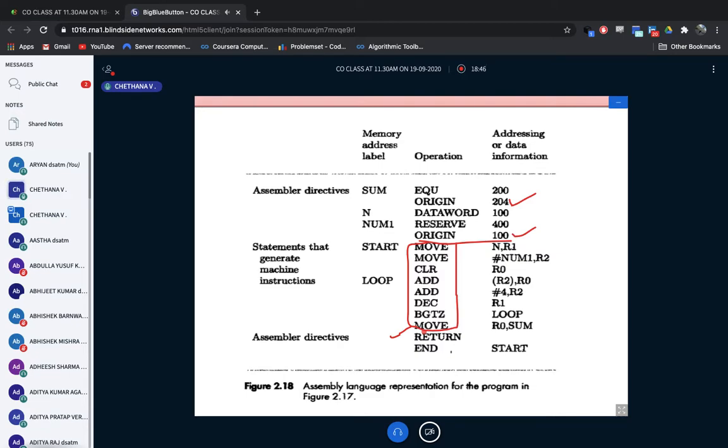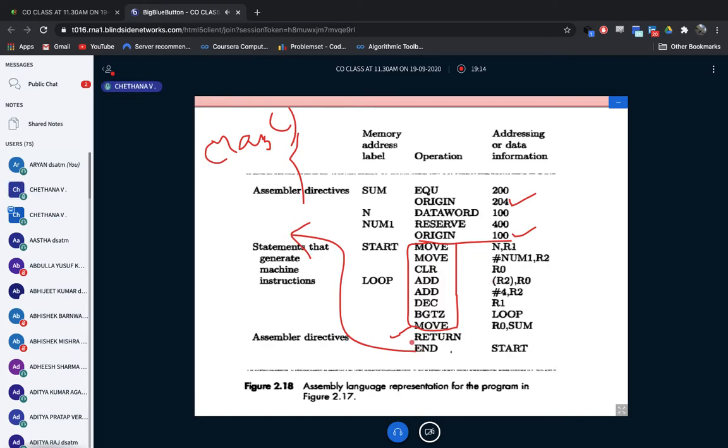The return directive will direct you to go back to your calling program. Suppose this is the main program which has called this sub function. So I should go back to the main function like that.